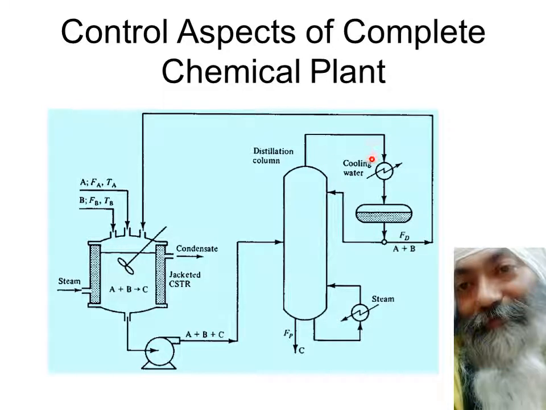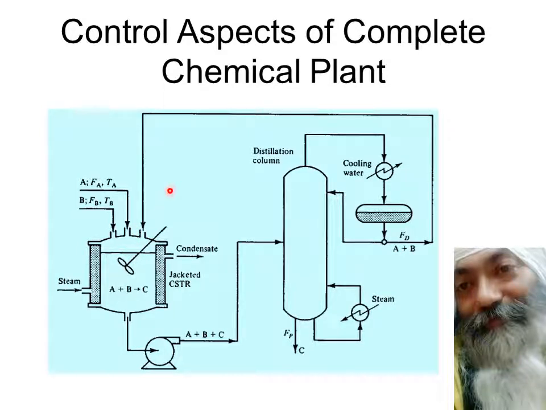And this is the cooling water. This is the cooling water which is going to condense, because it's coming in the form of vapor, and it's passing through the cooling water. It is getting condensed over here. If we think it can go back to the distillation column, it goes back to the distillation column. If you think no, we don't need to give it back to the distillation column, rather A plus B need to be reacted once more, then in that case it goes back to the continuously stirred tank reactor, and here again the reaction will take place.